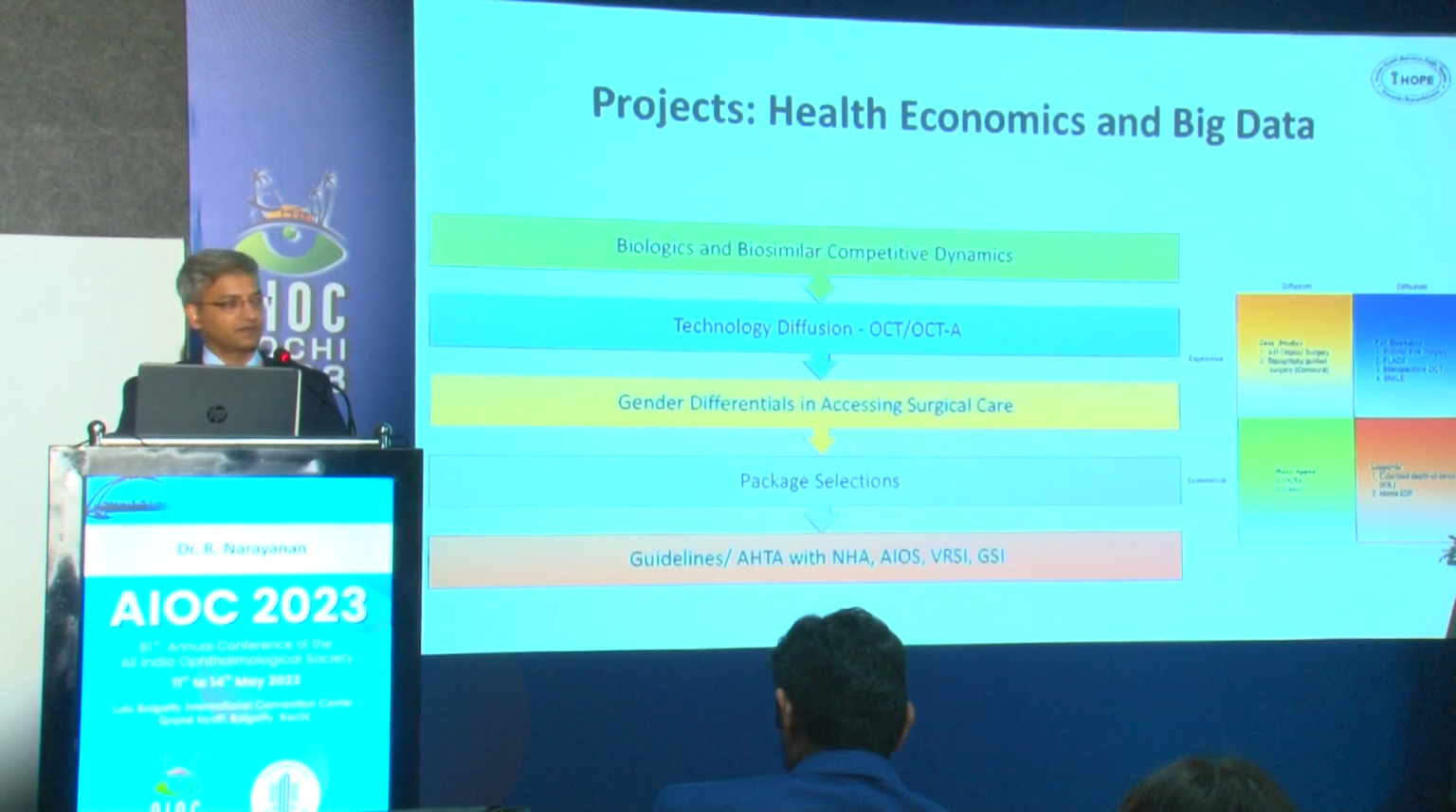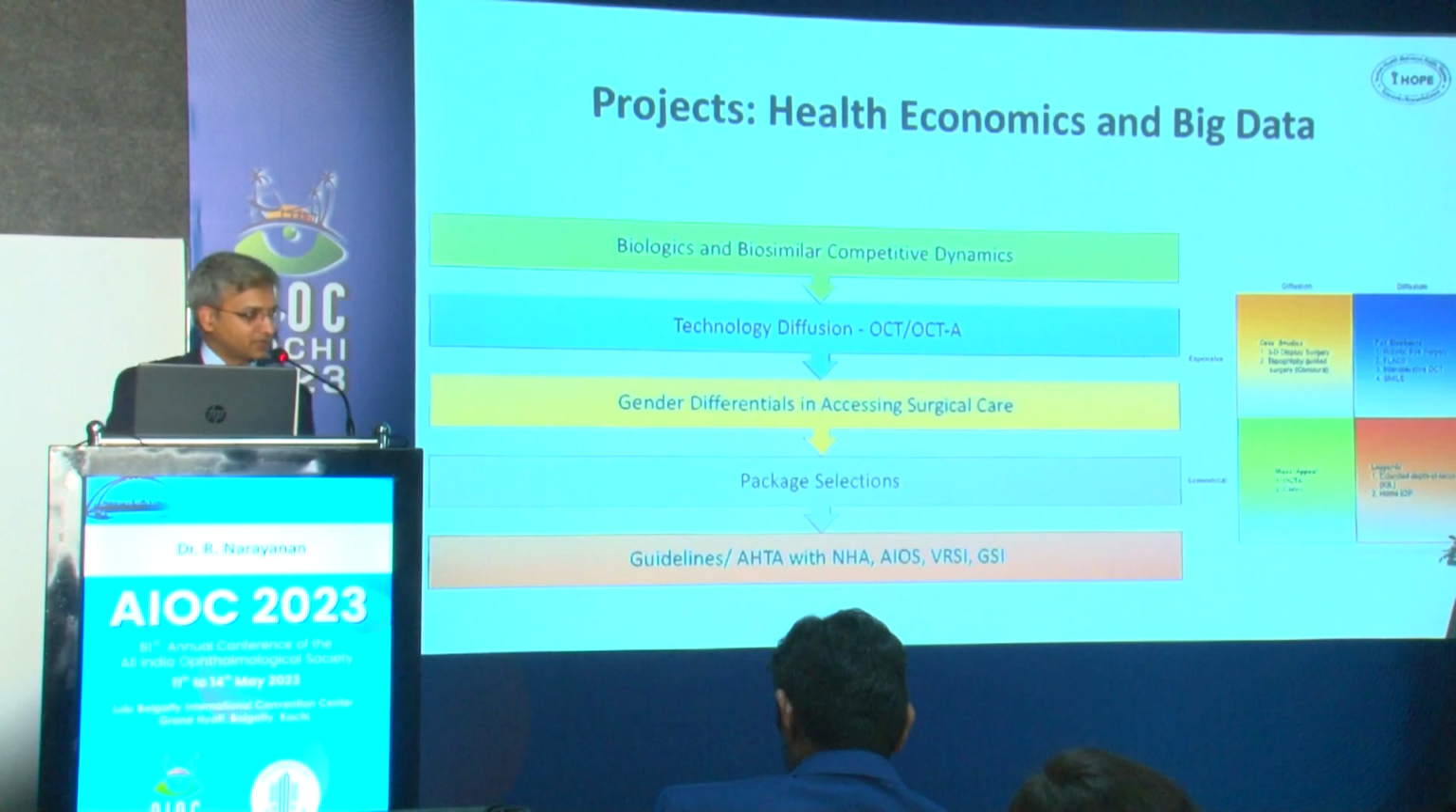Just to give you an overview of the types of projects which we are handling, some of them are listed here. The biologics and biosimilars competitive dynamics, based on the US Senate passing a law in biosimilars way back in 2010, I think, during President Obama's time. What happened to the dynamics of the biologics industry in India? And we all know India is a leader in biologics, but that had a big influence on how the Indian pharma industry prepared for the US market. And also technology diffusion. We have new technologies coming up. One of them is listed here as OCTA,